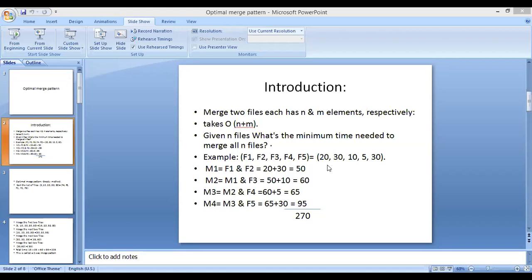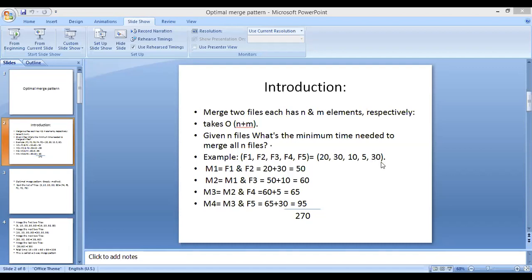But 20 is the count. 20 is the total number of elements stored in F1. In the same way for F2, F3, F4 and F5.